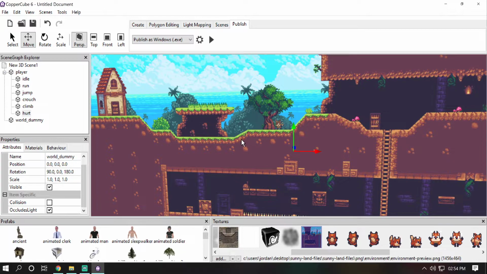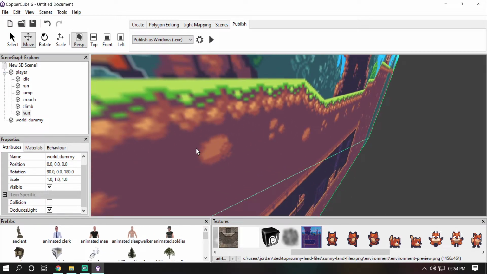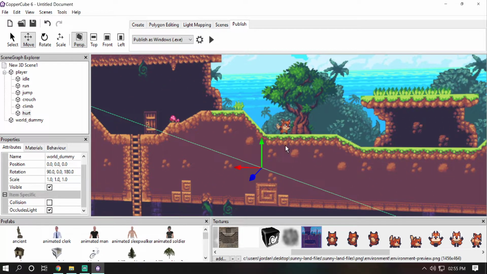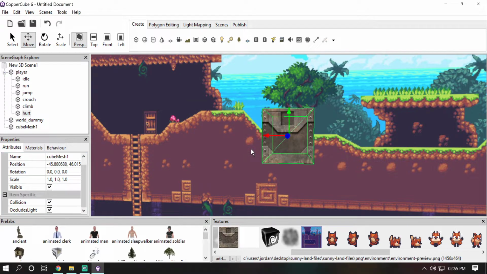All right, now we want our character to stay here. To make our character stay here, we need to add platforms. Create platforms, go to create here, and then click create a cube. I'm going to create a cube with the default value, change its position to 0,